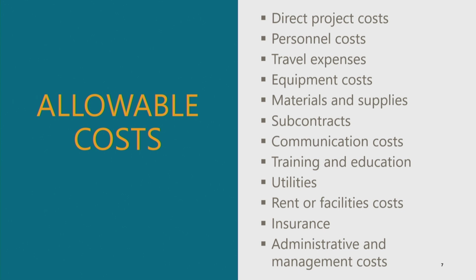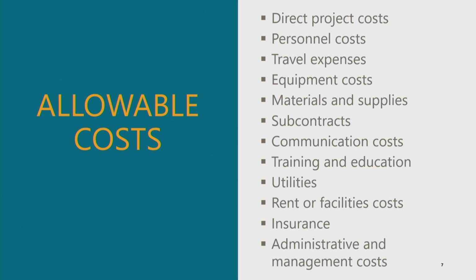reasonable and necessary travel expenses directly related to the project, costs associated with the purchase, rental, or maintenance of the equipment directly needed for the project, costs for necessary materials and supplies directly used in the execution of the project, payment to subcontractors, which it's very important that you make sure that subcontracting is allowable within the federal agreement, expenses related to project-specific communications such as postage and telephone, costs for training programs and education that are related to the project's goals, utility costs that are proportionate with the project,